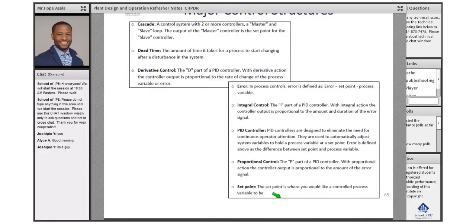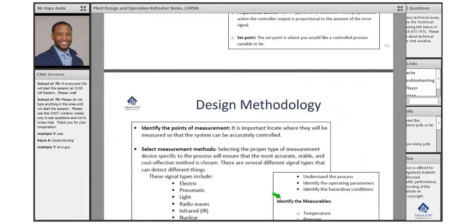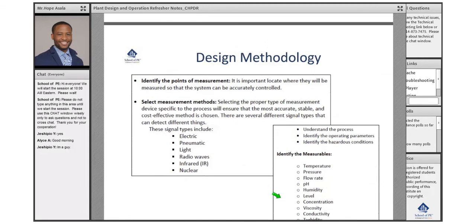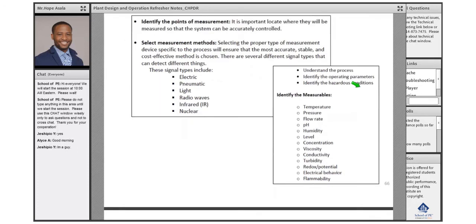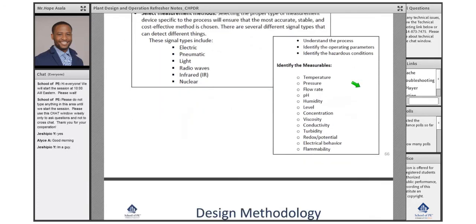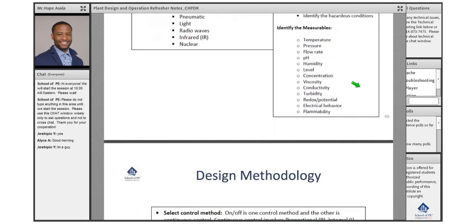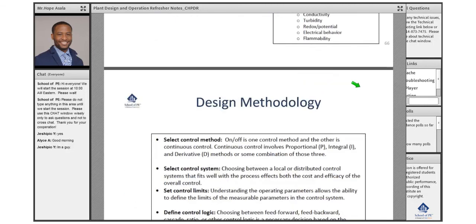So set point definition, you guys have used that so many times. I'm sure you've pretty much figured out what that means. So we talked about select measurement methods that are being used, electronic, pneumatic, and then sometimes they use light. And the measurement variables, so when they make questions on control, they're always either dealing with composition, temperature, pressure, liquid level, flow rates, all those kind of stuff, right? So for us solving problems or looking through, for instance, the homework problems and additional complementary material would help us kind of get used to how these questions are usually framed,